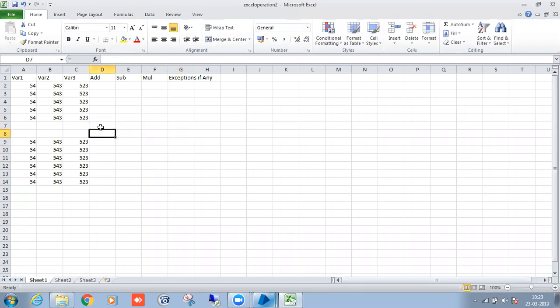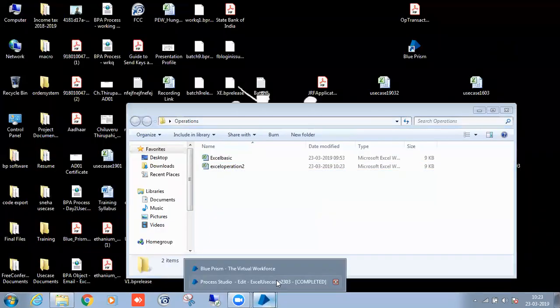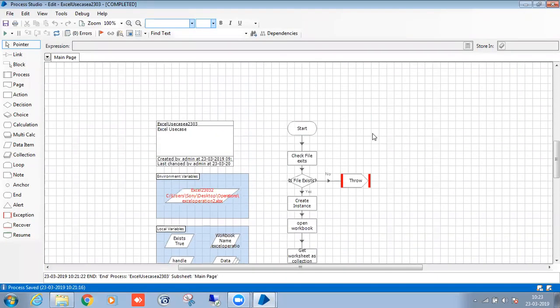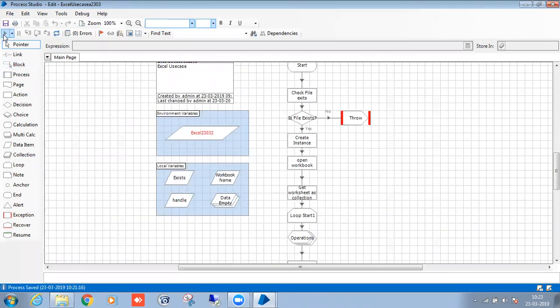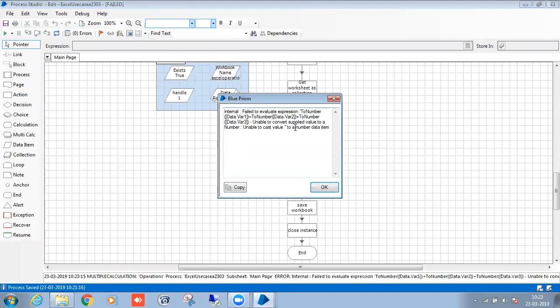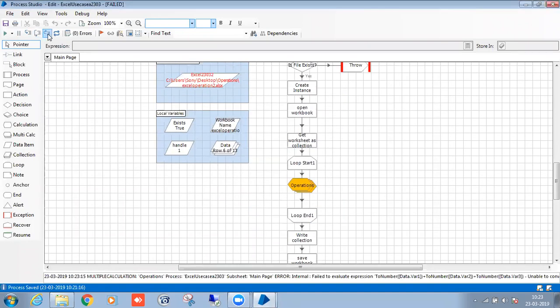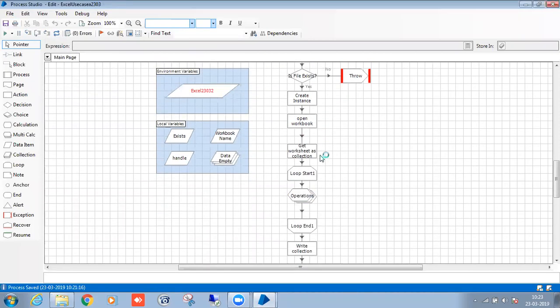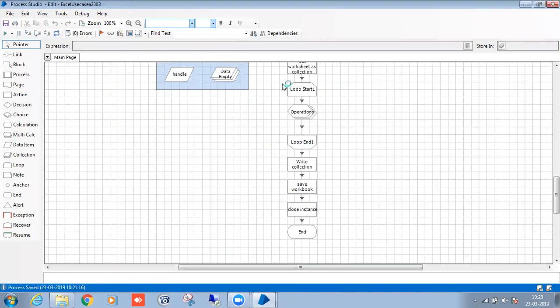So there are some empty rows there. We have to handle those. So how to handle this? If we didn't handle those empty rows, what will happen is, I will run. See, there is an exception. Why is there an exception? There are no values there, so we are trying to convert and do operations on the same. That is why it's giving an exception. These kinds of exceptions we have to handle beforehand. So we have to remove the empty rows before adding to the loop.